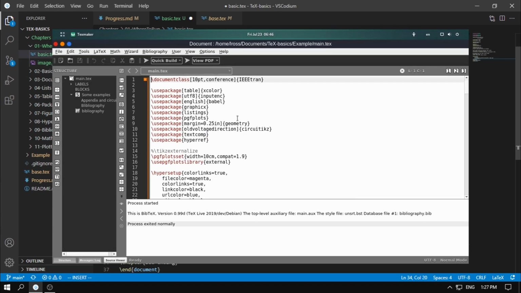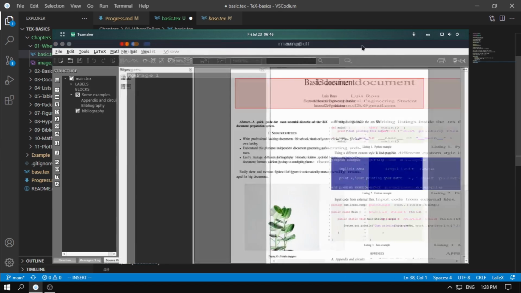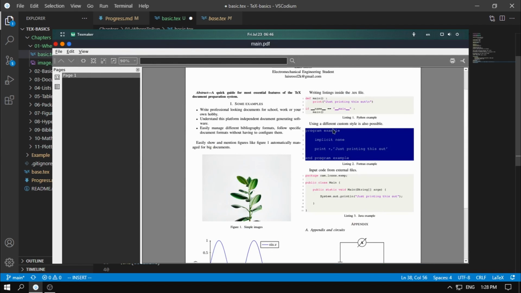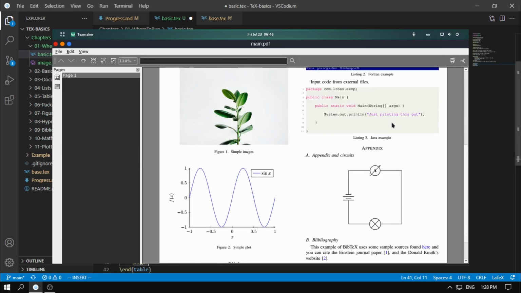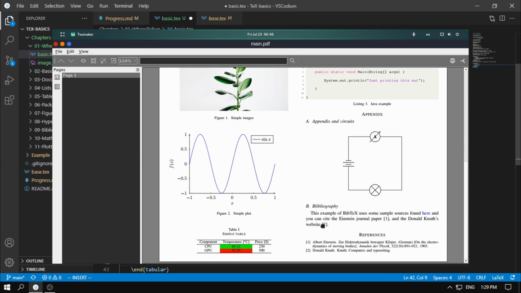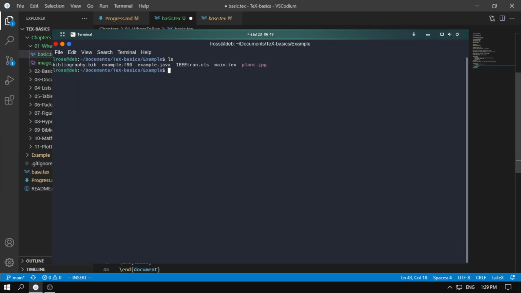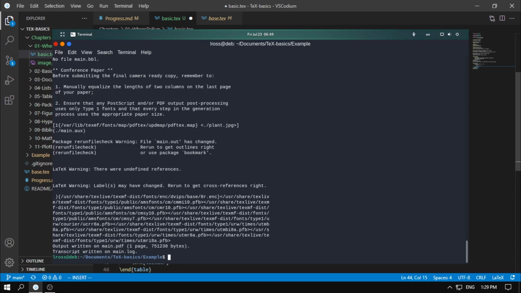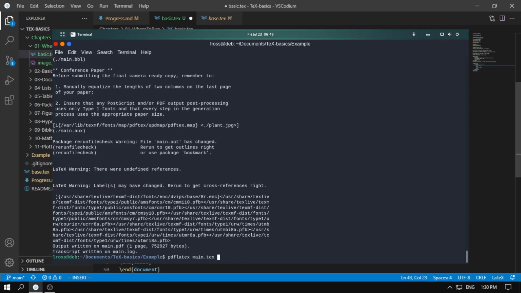For example, TeXmaker is very good. I think it's very new, and as you can see, it's very straightforward. Just clicking on compile and you get the PDF viewer. And then finally, you can use the terminal. Don't get scared, it's just one of the options, you don't have to. But as you can see, with only 3 commands, I compile the code and then finally just open a PDF